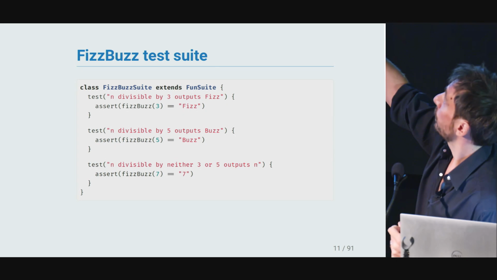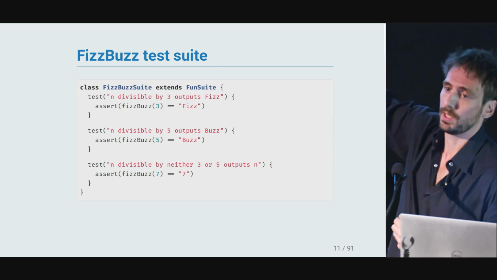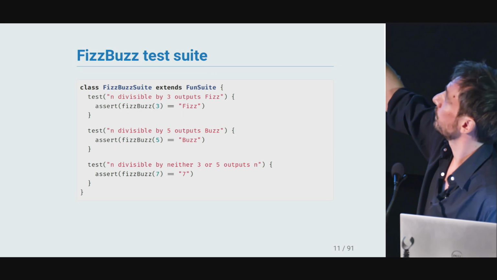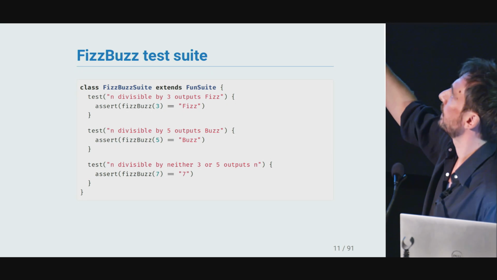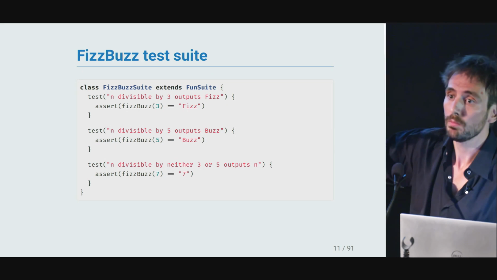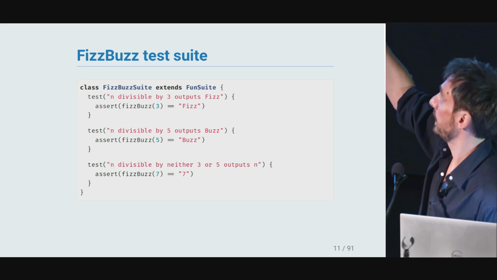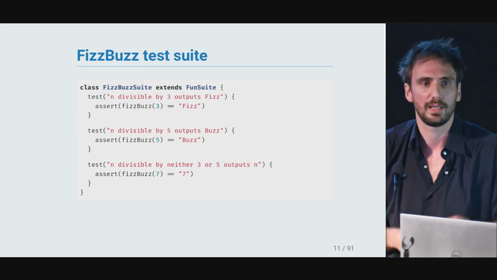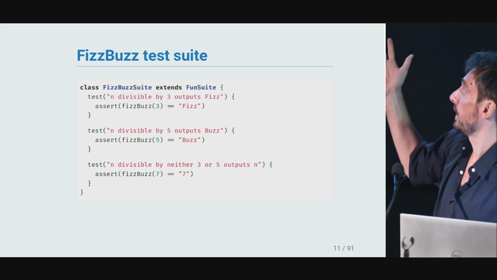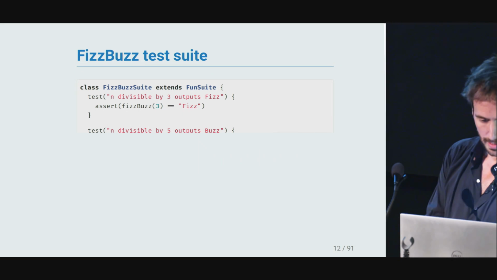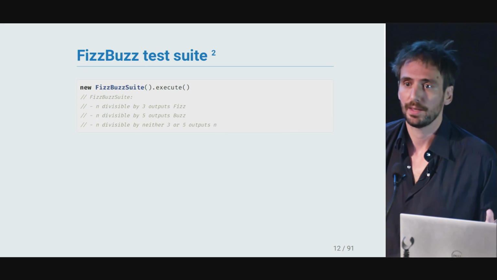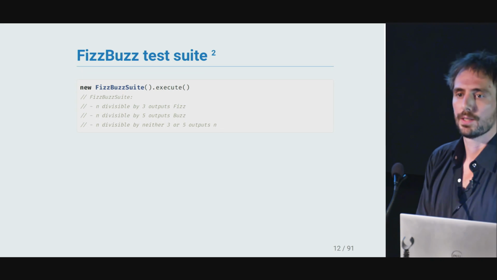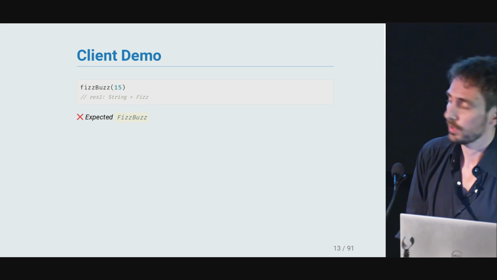And we're going to implement it for FizzBuzz. So this is pretty simple. We don't have to go through the whole code. Just each test: is n divisible by 3, then it should output fizz. Okay, so I take 3, which is divisible by 3, and make sure it outputs fizz. Same for 5. And 7, being a prime number, is divisible neither by 3 nor 5, so it should print 7. Run the test. This passes without any problem. I'm quite happy. And I call the client or the job interviewer, show him the result, and immediately he finds